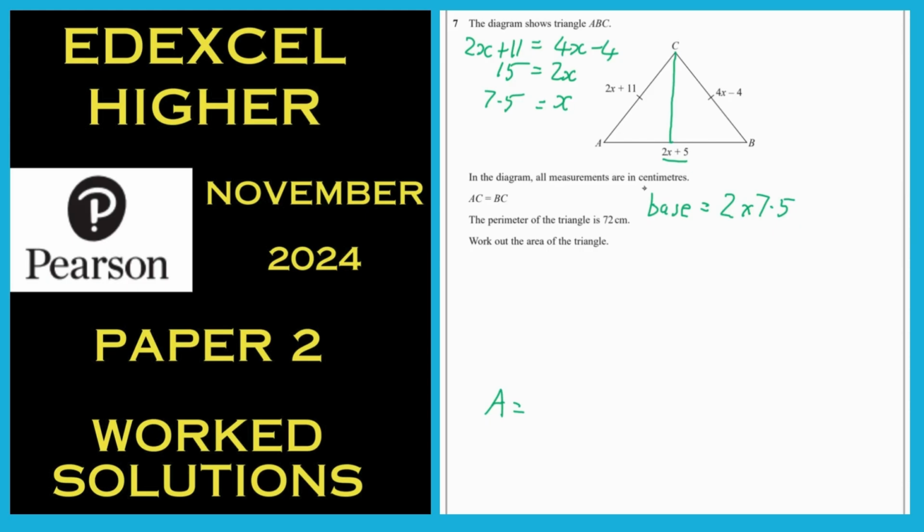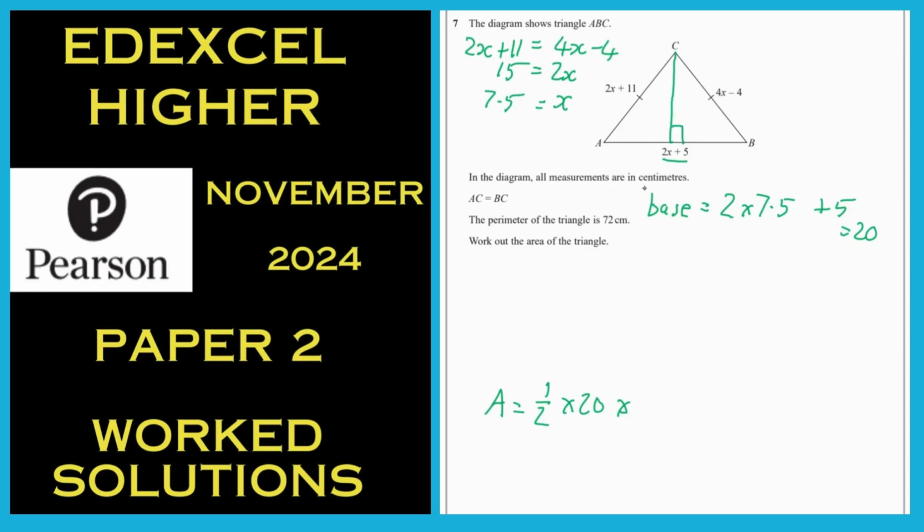That makes 15 plus 5. We get the length of the base to be 20. Let's go back to our area. A half of the base times, we now need the height. This height,